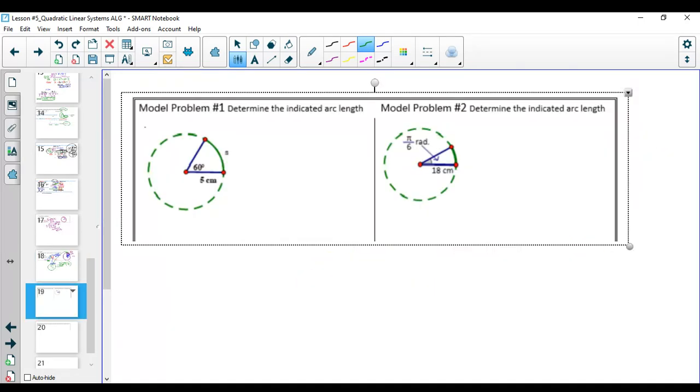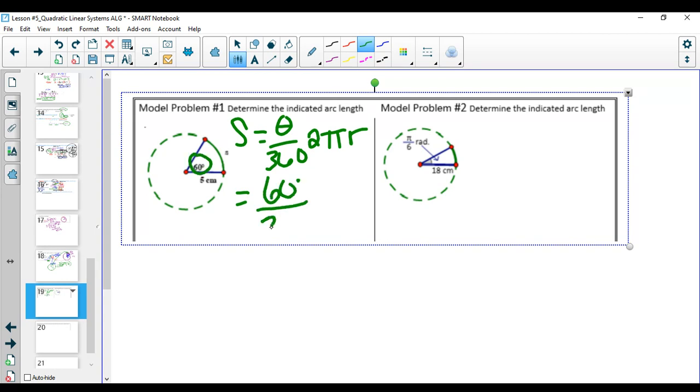All right, so let's do a model question. Model question 1. S equals theta over 360 times 2 pi r. Plug in 60 for your angle, because that's what it says here. Your radius is 5, so you're going to do 2 pi times 5. 2 times 5 is 10, so you'll have 10 pi on this side. All right, 10 times 60 is 600,